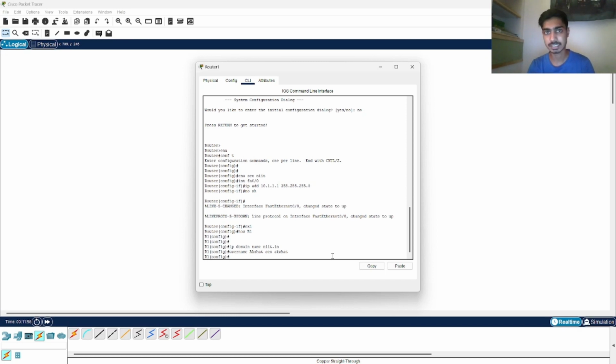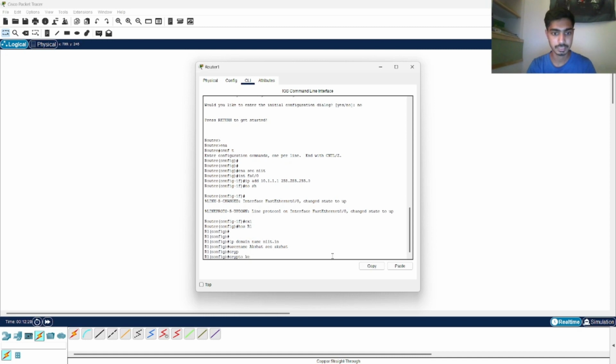Now we know that SSH is a secure algorithm for remote access of any routers or any networking device terminal or a command line interface, and it uses various encryption algorithms. So the encryption algorithm that we are going to use here is RSA. So we'll generate RSA keys for it using the command crypto key